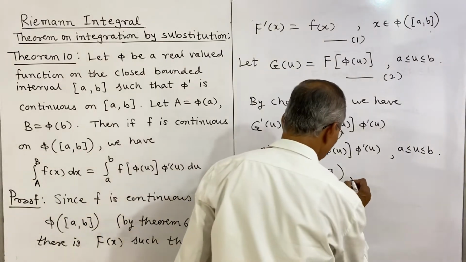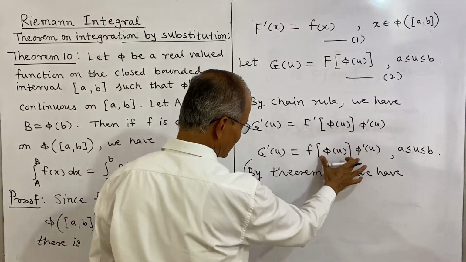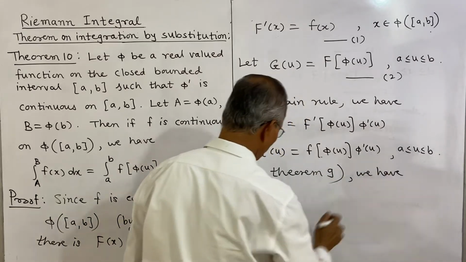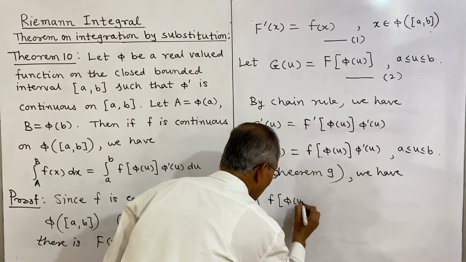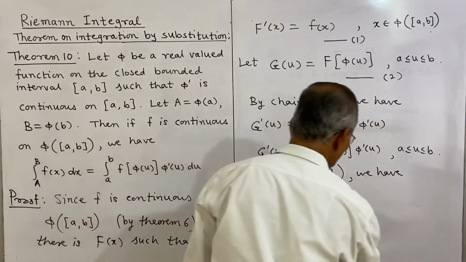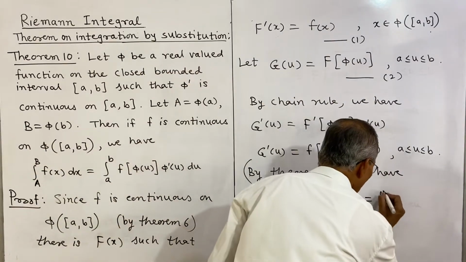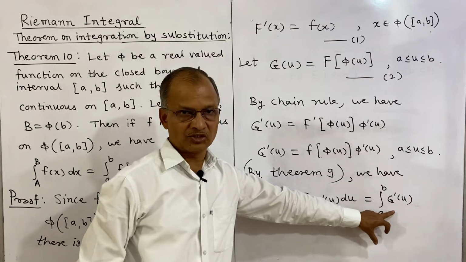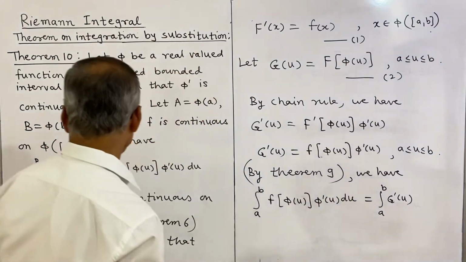Theorem 9: if the derivative of the left side function is the right side, then the integral of this function with respect to u from a to b, that is, the integral from small a to small b of f of phi of u into phi dash of u du, is equal to the integral from a to b of g dash of u. Now we know the integral of g dash u is g of u, and the upper limit for g is b and the lower limit for g is a, and therefore